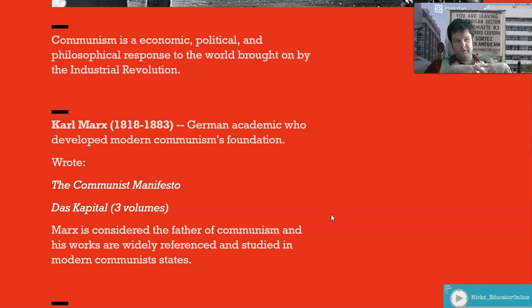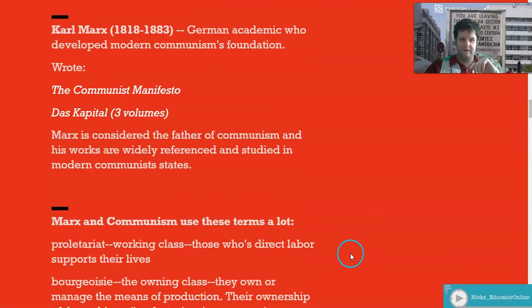Karl Marx, one of the initial writers, was a German academic. He developed a few different documents that are used to better understand communism. And essentially what he does is he creates a system, an alternative to the Industrial Revolution and the rampant capitalism out of the Industrial Revolution. To give you a breakdown of it,